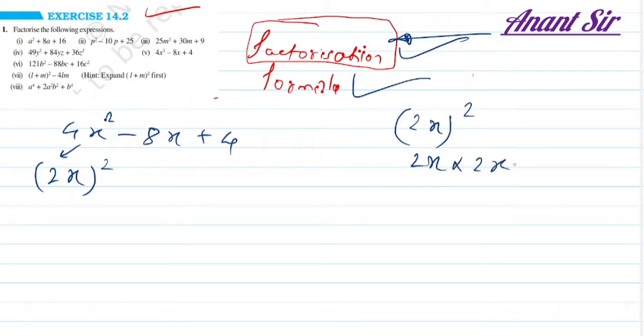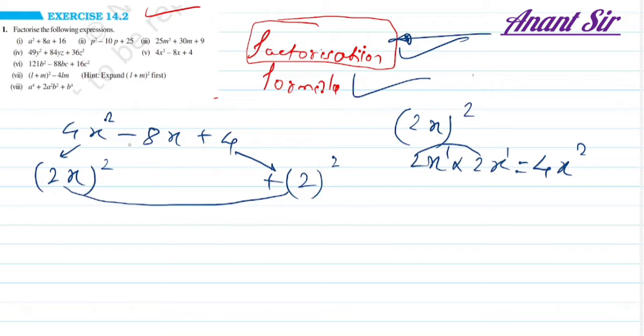It is 2x into 2x. 2 times of 2 is 4, and 1x here and 1x here, it becomes x raised to power 2. Yes, so the first term is a perfect square. 4 is also a square, and if we multiply these two terms by 2, giving the sign of the middle term as it is, are we getting the middle term? Yes, 2 2s are 4, 4 2s are 8x.